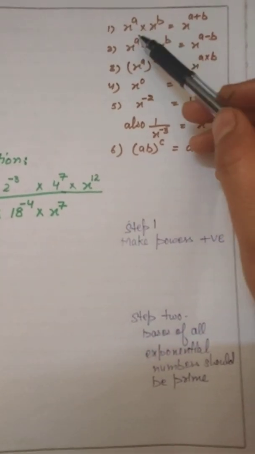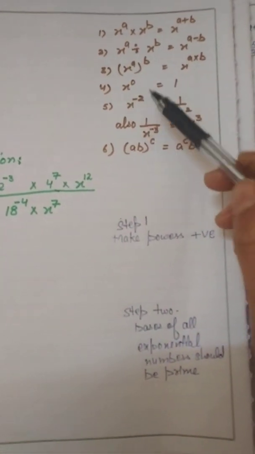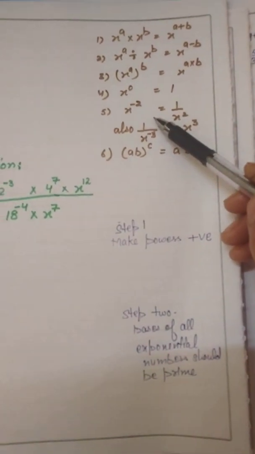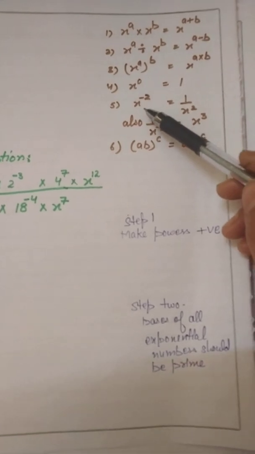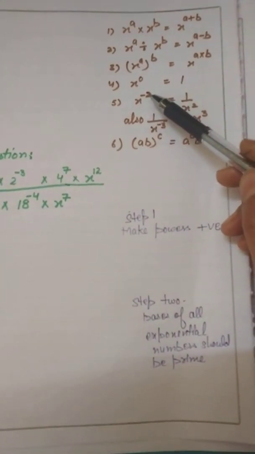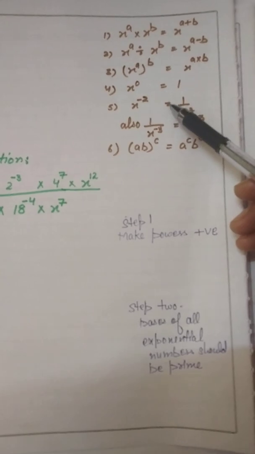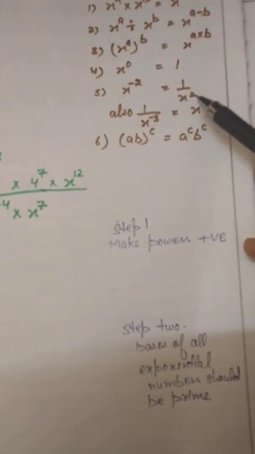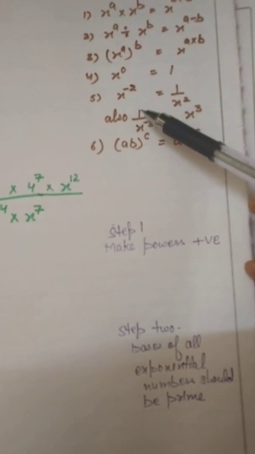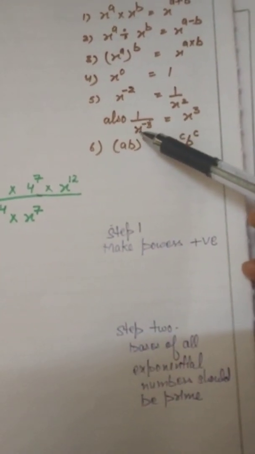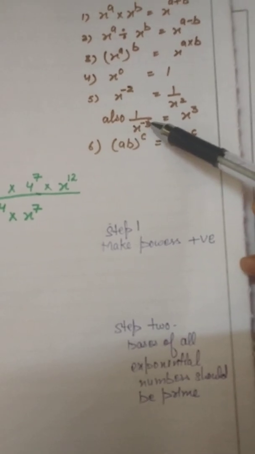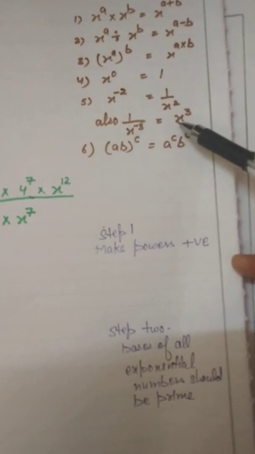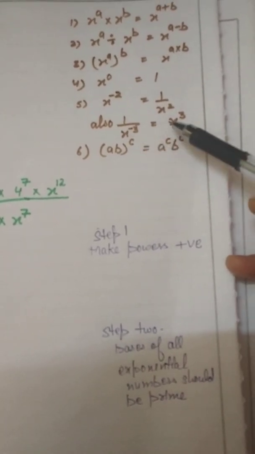Okay, so here are 6 exponent laws. You know this one also, this one also, this one also. This you all had a little confusion with: x raised to power minus 2. When the power is negative, to make it positive, this is equivalent to 1 over x raised to power 2. If it is 1 over x raised, the exponential term whose power is negative is in the denominator. So its power will become positive if you bring it to the numerator.